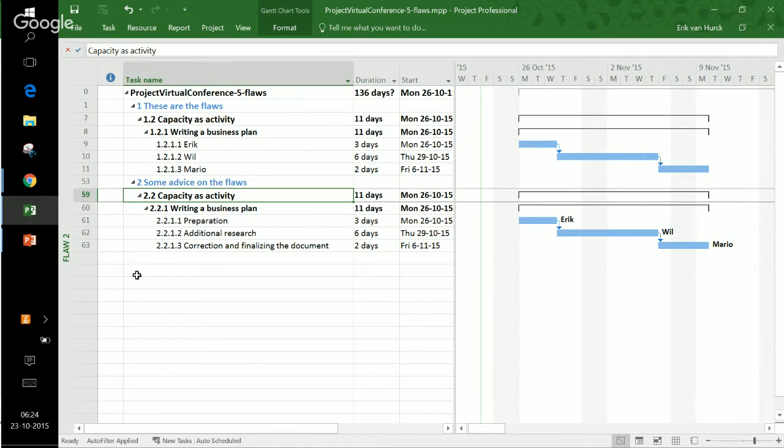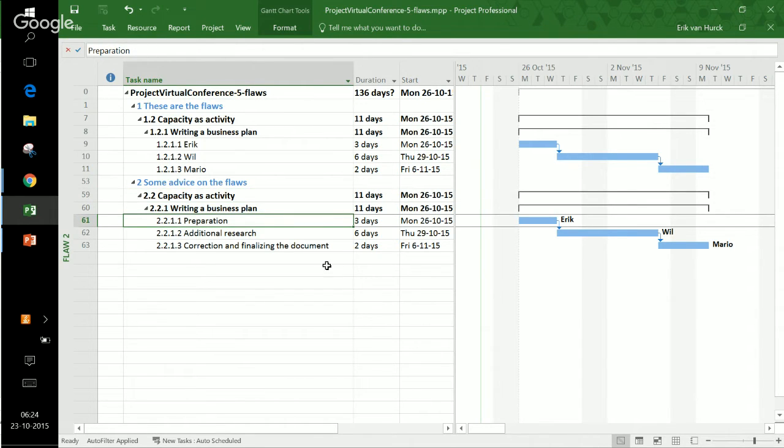Okay. And Eric is doing the preparation, Will is doing some additional research, and Mario is correcting and finalizing the document. That's good. Now I see my name, Will's name and Mario's name at the visualization part,